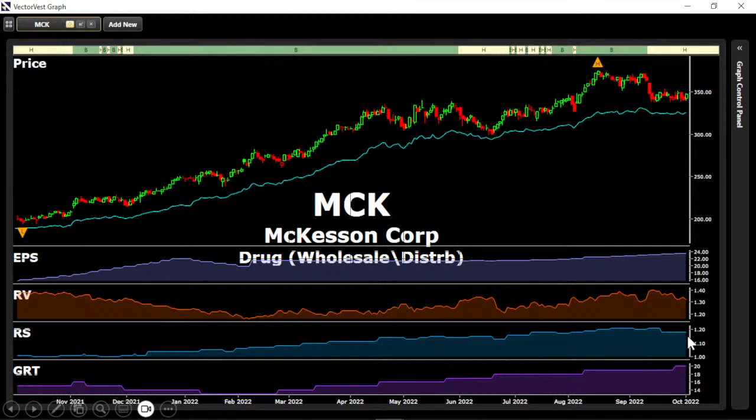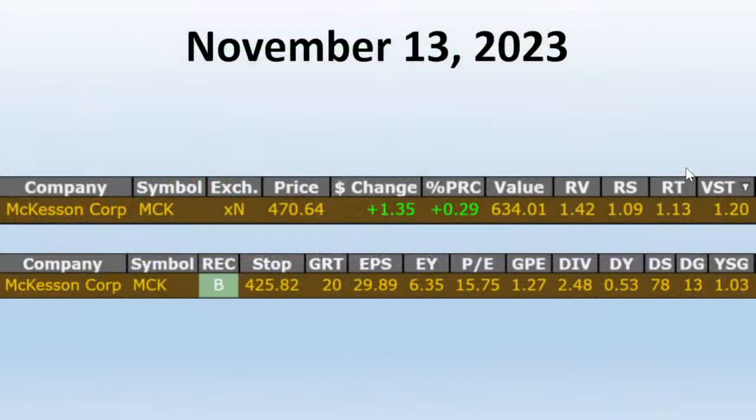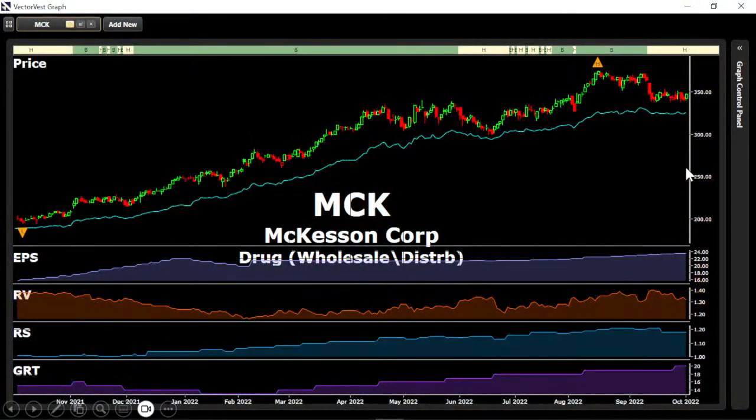Because if I'm looking at this right now as of October of 2022, I'm saying, okay, great, love it. Earnings per share, bottom left to upper right, relative value high above 1.3, relative safety high at about 1.2, earnings growth rate a nice 20%. Now remember, this was just a few weeks ago. The numbers are all good. This is as of October of 2022. Numbers are still good.